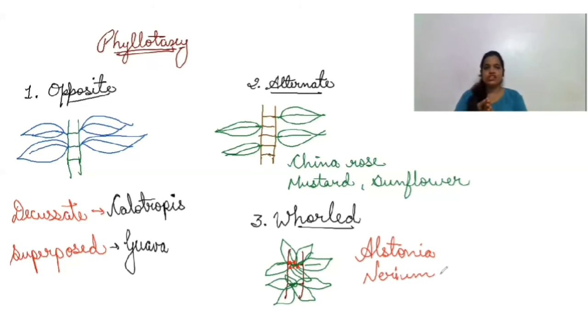Okay, so these are the examples. That's all you need to study about the phyllotaxy. And guys, we are done with the phyllotaxy also. See how fast we are completing this topic, leaf. Now we are just left with the last part of the leaf, that is modifications, and that is also hardly a 5 minutes topic, guys. So let's start the last part for the leaf, that is modification.